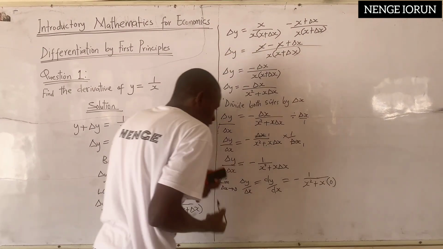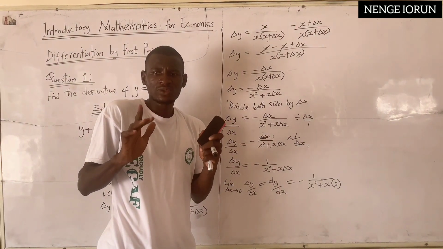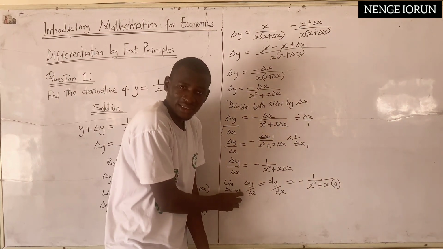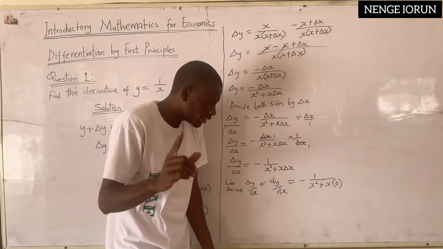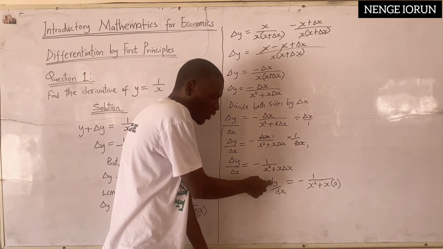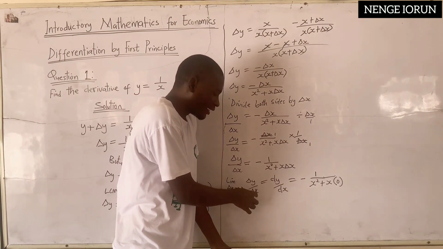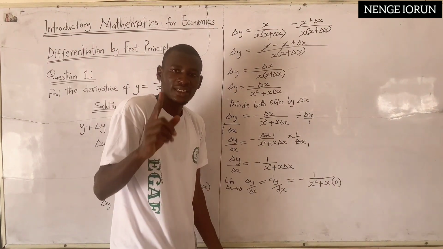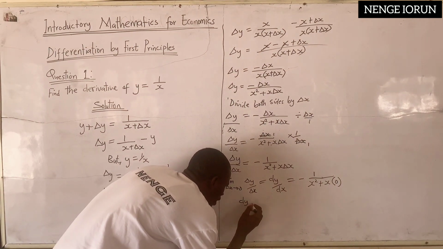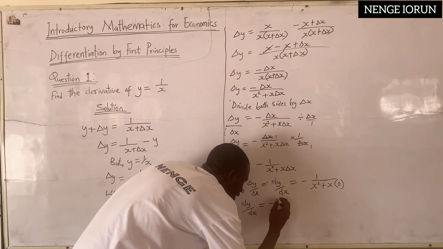Take note of this very well: once you are taking the limit, the next thing you write is dy dx. You are not going to write delta y delta x again because you are taking the limit. So now you have dy dx is equal to minus 1